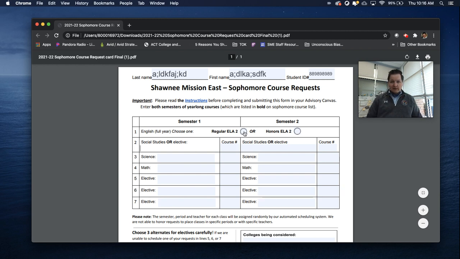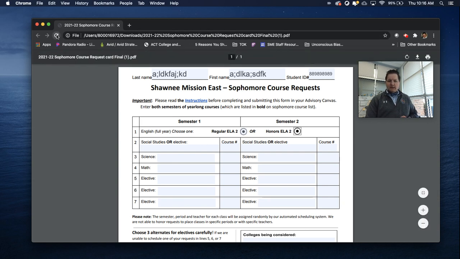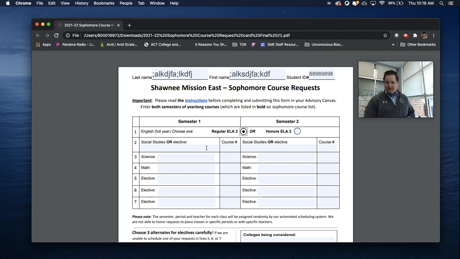Now, here's an error in the coding that we need to help you with if you run into this problem. Make sure when you're selecting your course on these radio buttons here, if you select something and then, oh wait, I selected the wrong one, you select that one, notice that two radio buttons are still filled in. Easy to fix. All you have to do is hit the reload button on your browser and we can start all over again. So we would type in our last name again, our first name again, and our ID number. We would make sure that we select the right course on that little click button, and then we can go